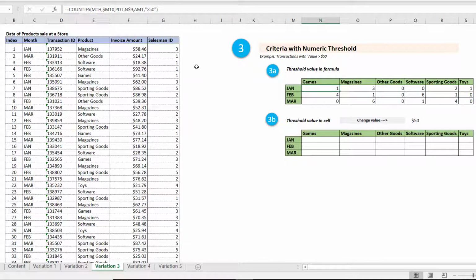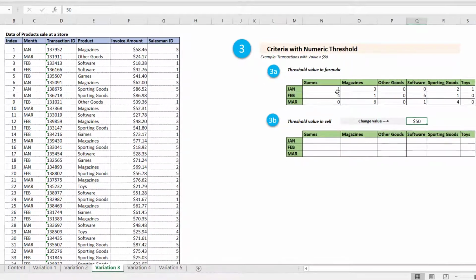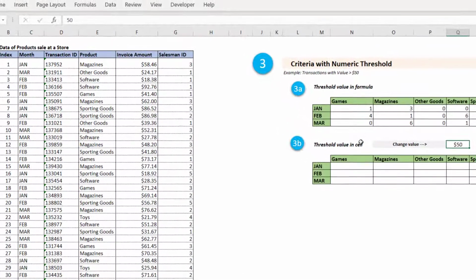Now at times it might be more convenient to declare this threshold value in a particular cell so that the user can go about changing it as per will. And again, changing a value in a cell is much easier than making a change in the formula. So we'll take up a different variant within this example where we'll pass the threshold value in a particular cell. And I've already done this out here. And let's see how would the COUNTIF formula change in that case.